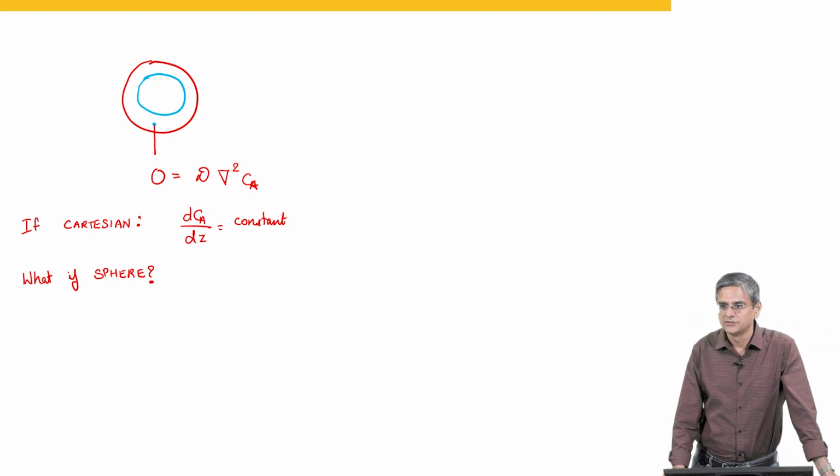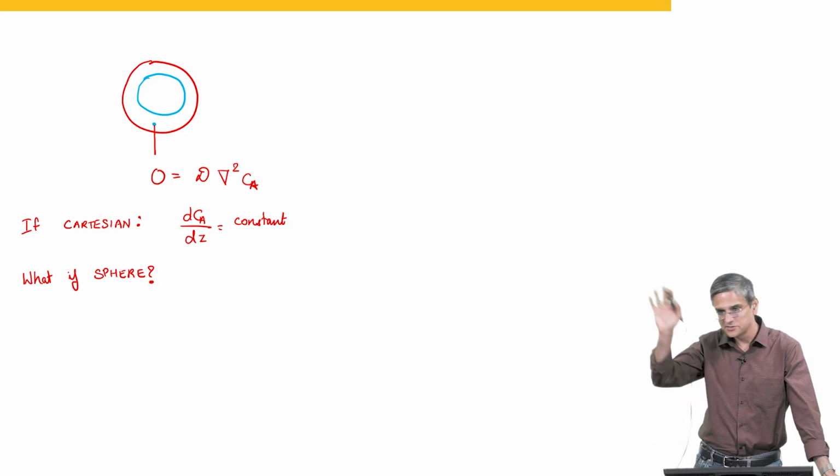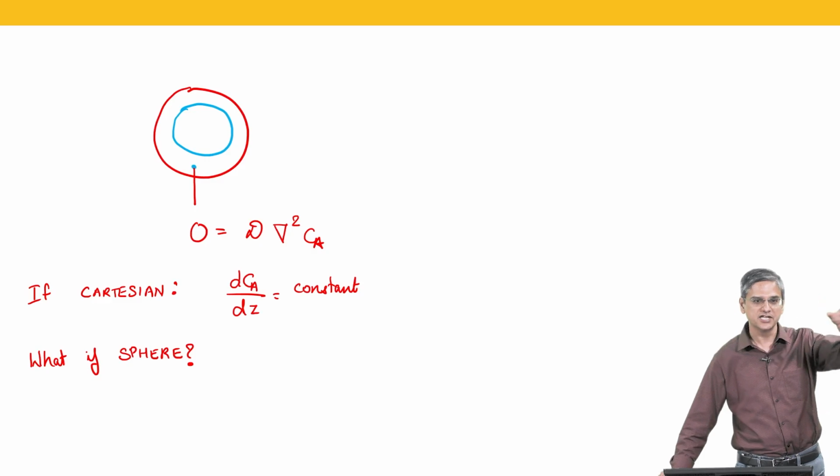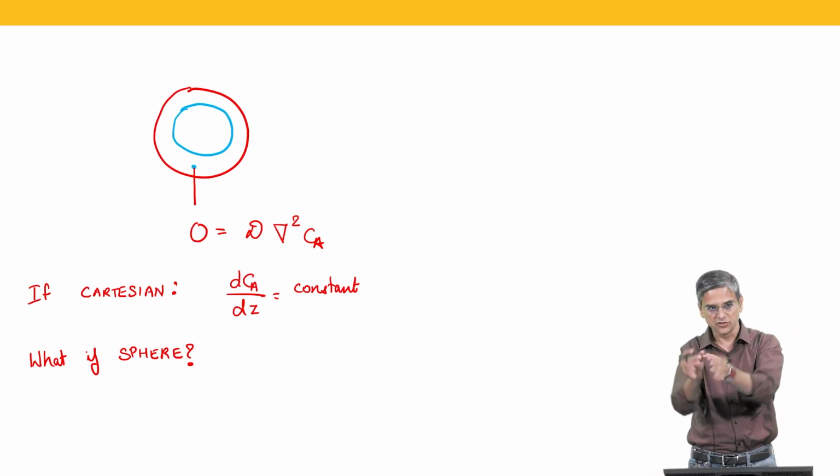Okay. This is what I want you to do yourself as a part of the assignment. Okay. 1 by r square d by dr, r square dC by dr, remember long time back. Okay. And when you do shell balances, you would realize that as the area of, so if you think of